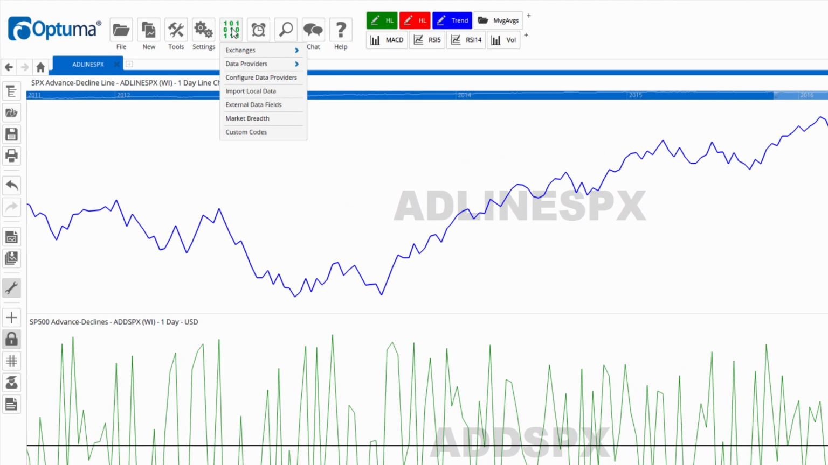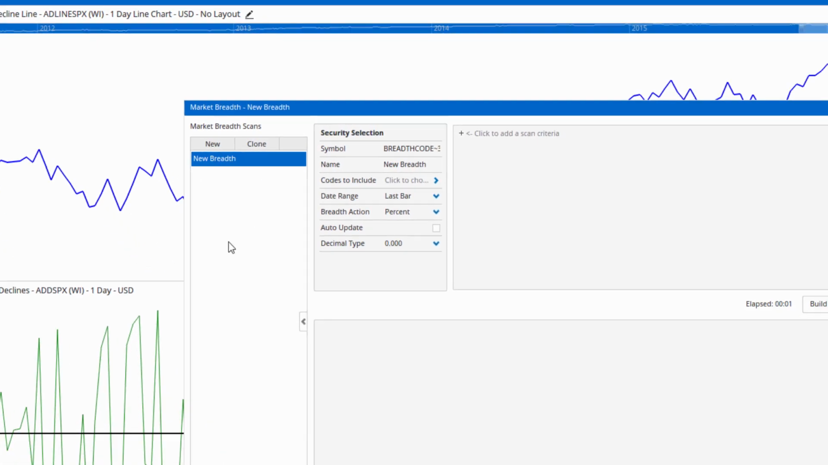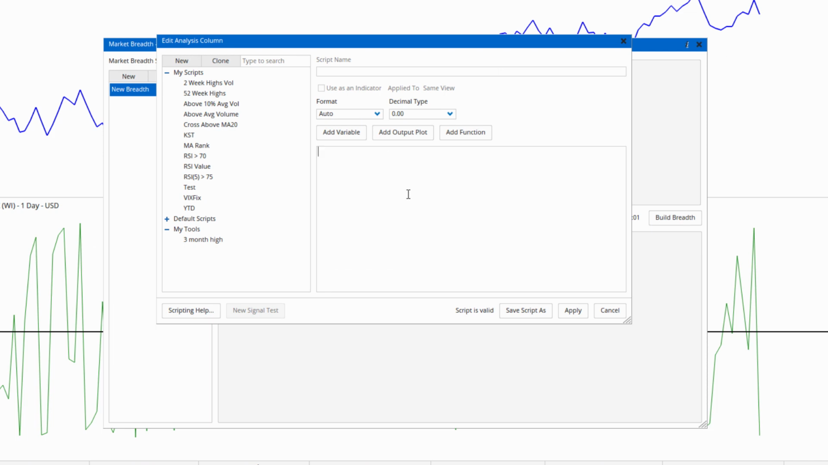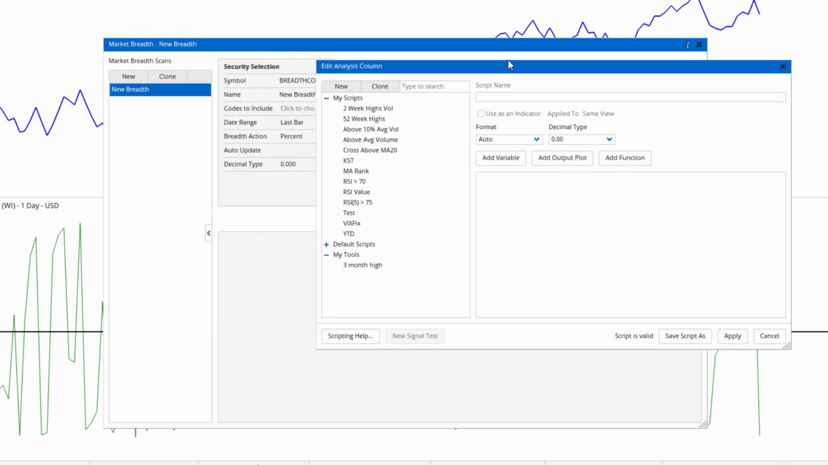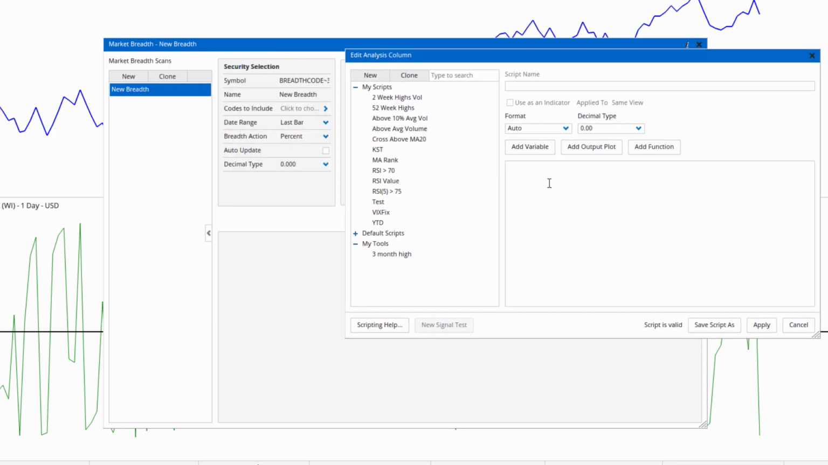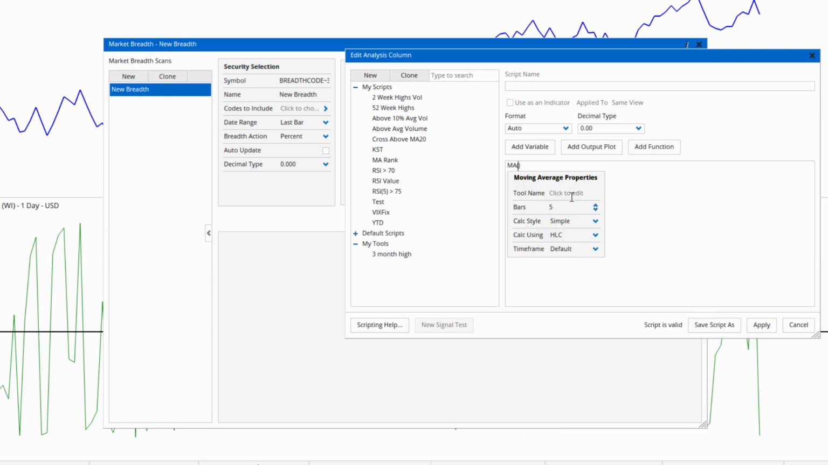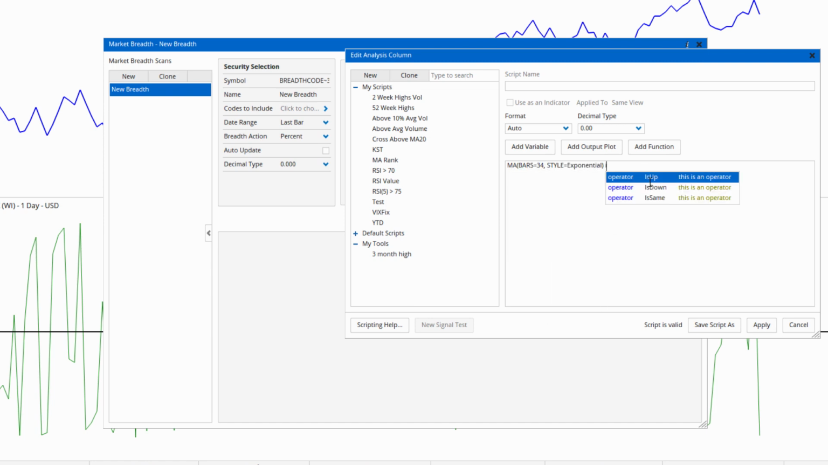So under the data menu, we've got the market breadth module. So I'm going to create a new market breadth. Click on new, and this brings up the script editor window. So let's say I want to calculate the percentage of members of the ASX 200 index whose moving average, let's do a 34 exponential moving average, is sloping up,